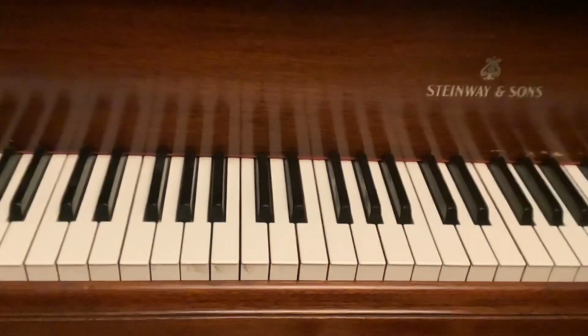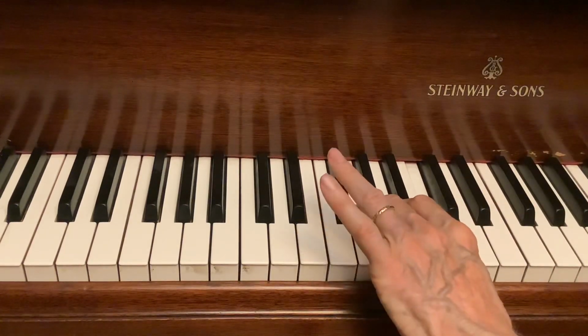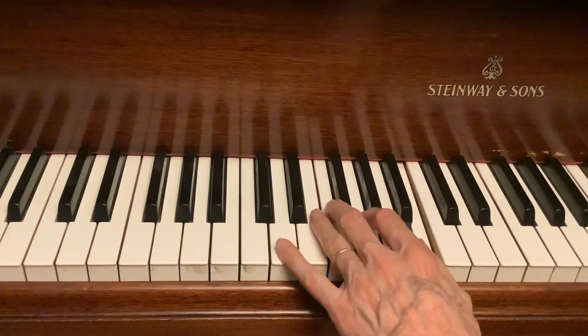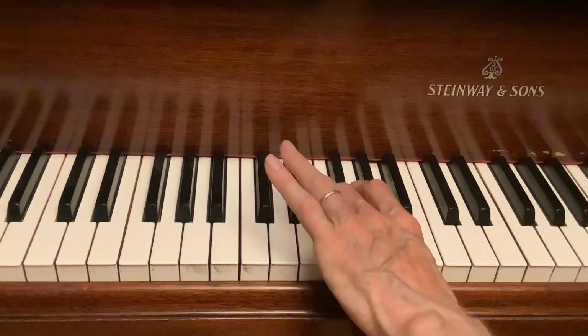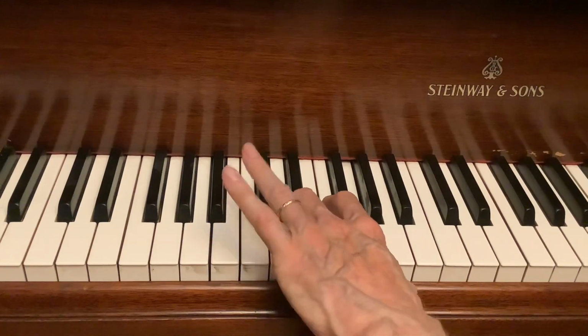And now we'll do the reverse. We'll start on the thumb and stretch the pinky, which is a sixth below. Come up 5, stretch down to the D from the B, come up to the A, stretch down 6th, come up to the G, stretch down,